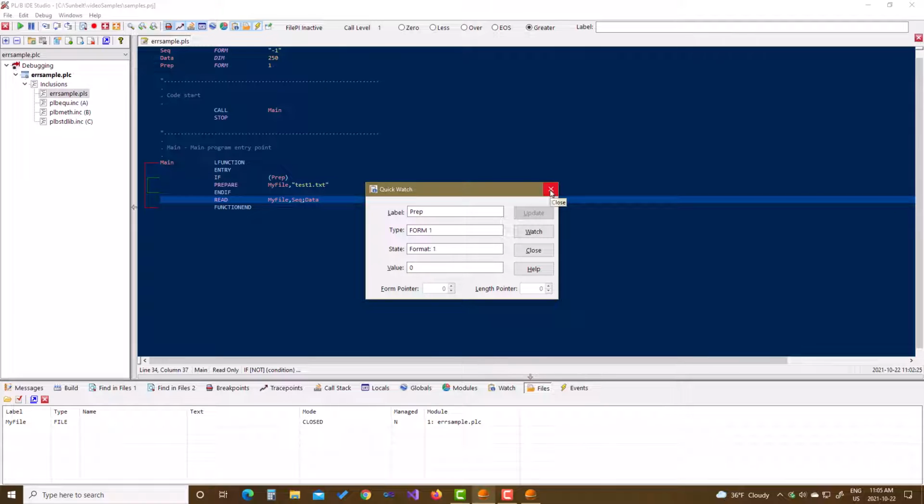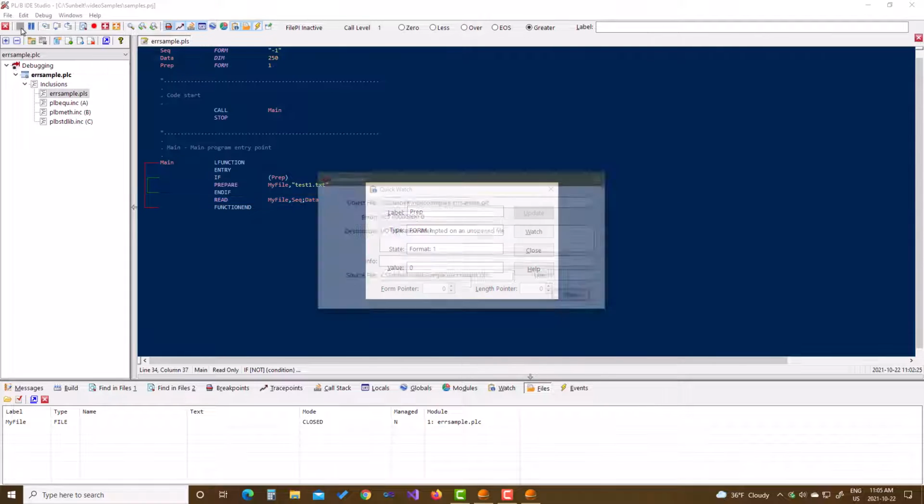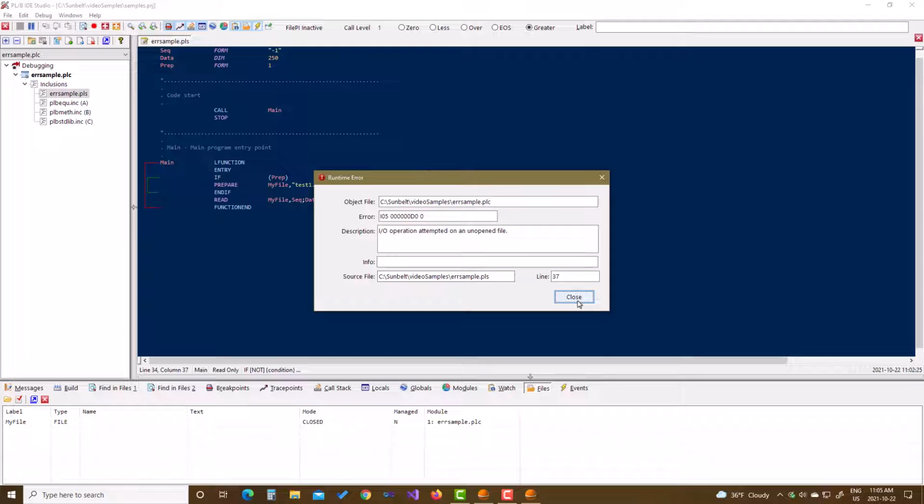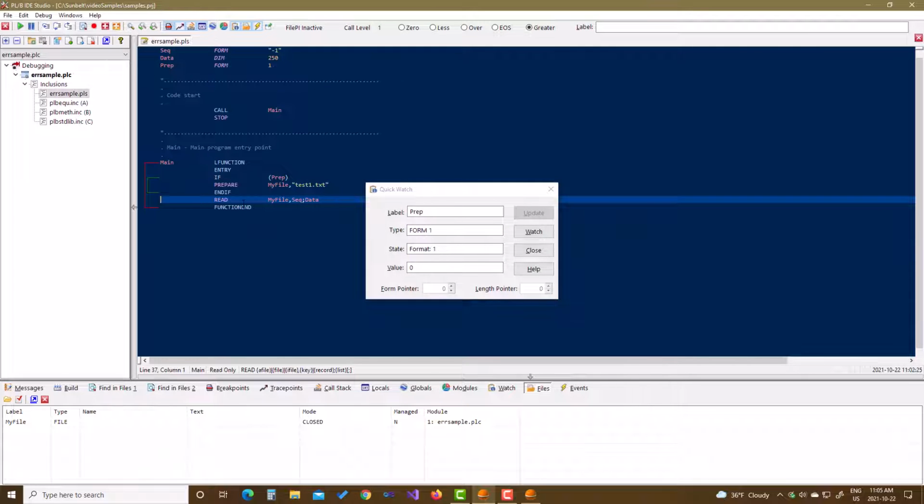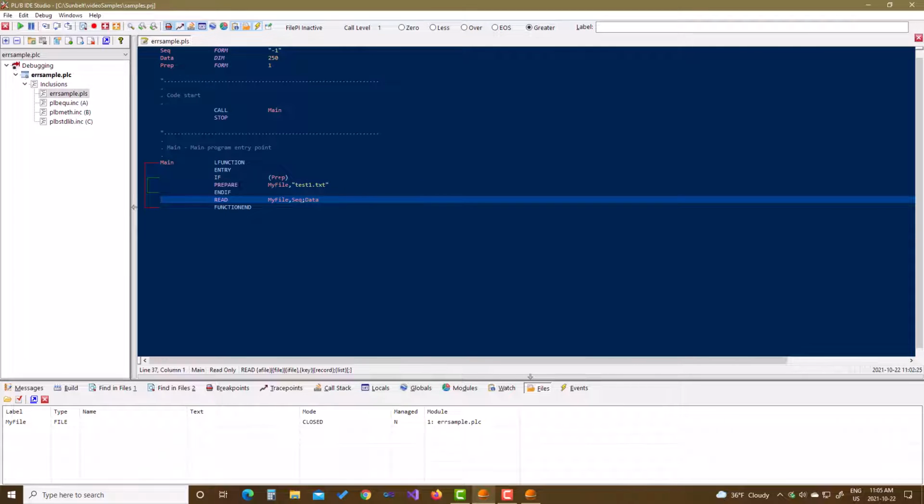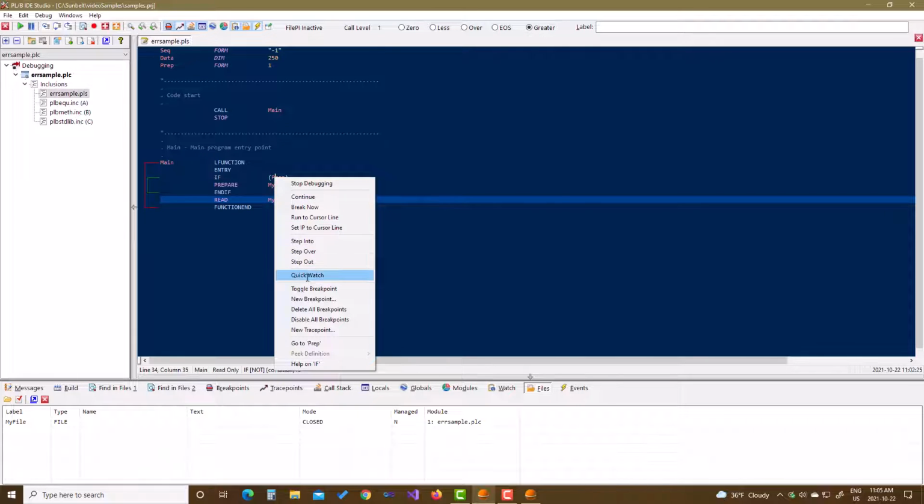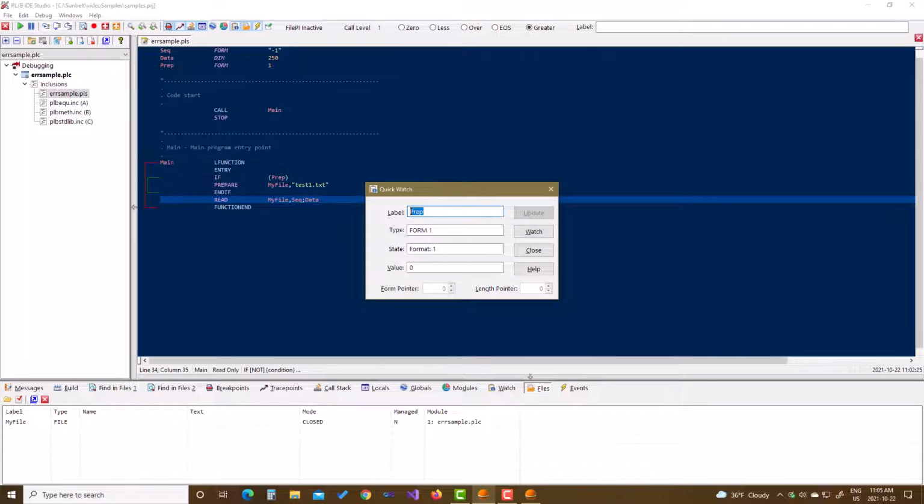If we continued on to this point and just let it run, we would see that we got an error. In this case, it shows the exact error line, and we still could look at the file status, which is closed. We could look at various variables, as I said, say prep. If I just type in Quick Watch for prep, you'll notice that in Quick